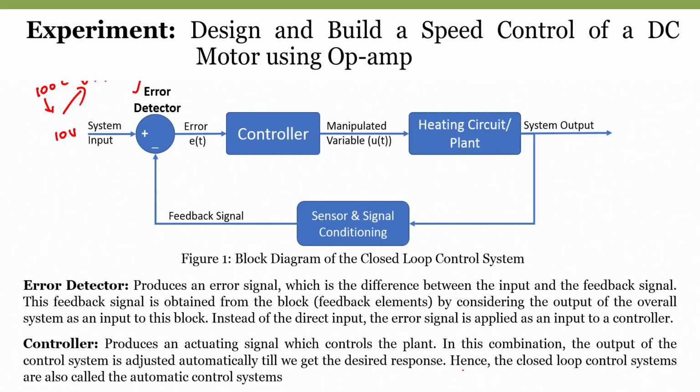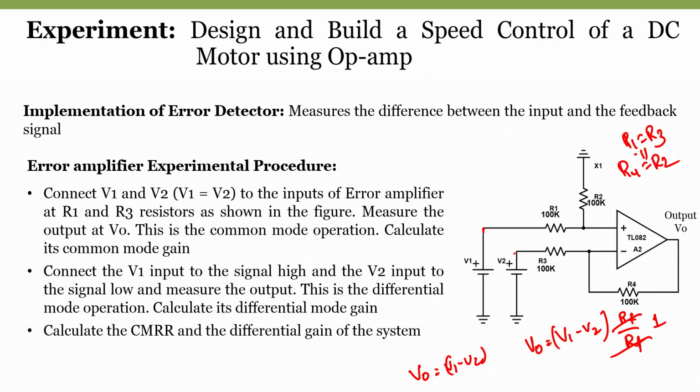When we recall our system, we do not have to apply any gain. Whatever the input I have, it has to be subtracted with the feedback signal and I have to get an output. That output we call an error. So in order to give that, I do not need any gain, and since I do not need any gain, I am using all the resistances of the same value.